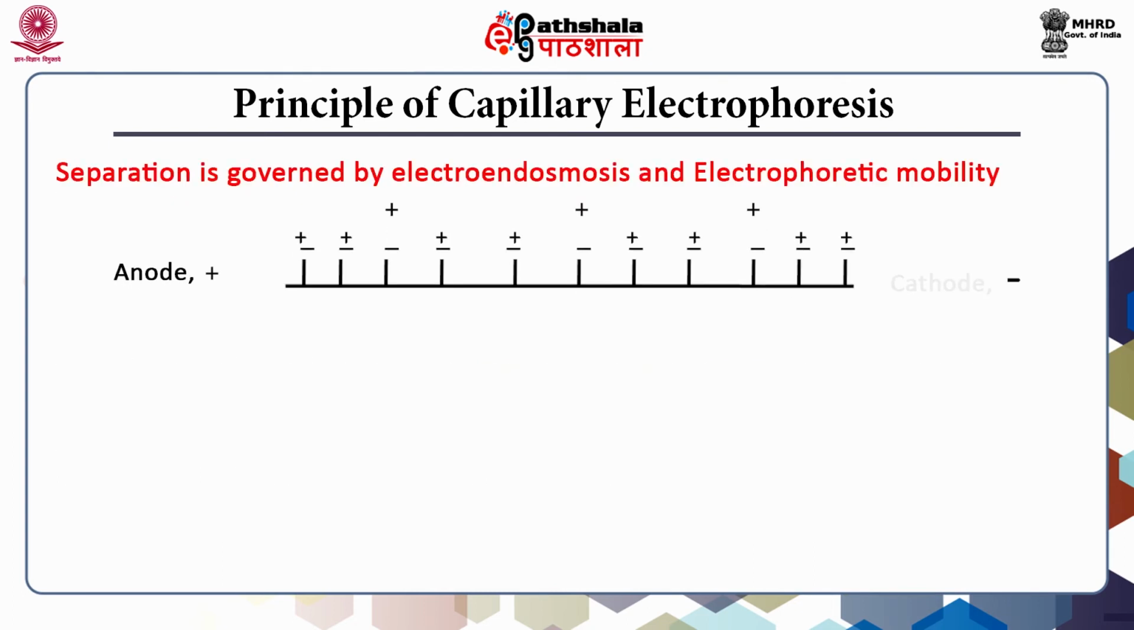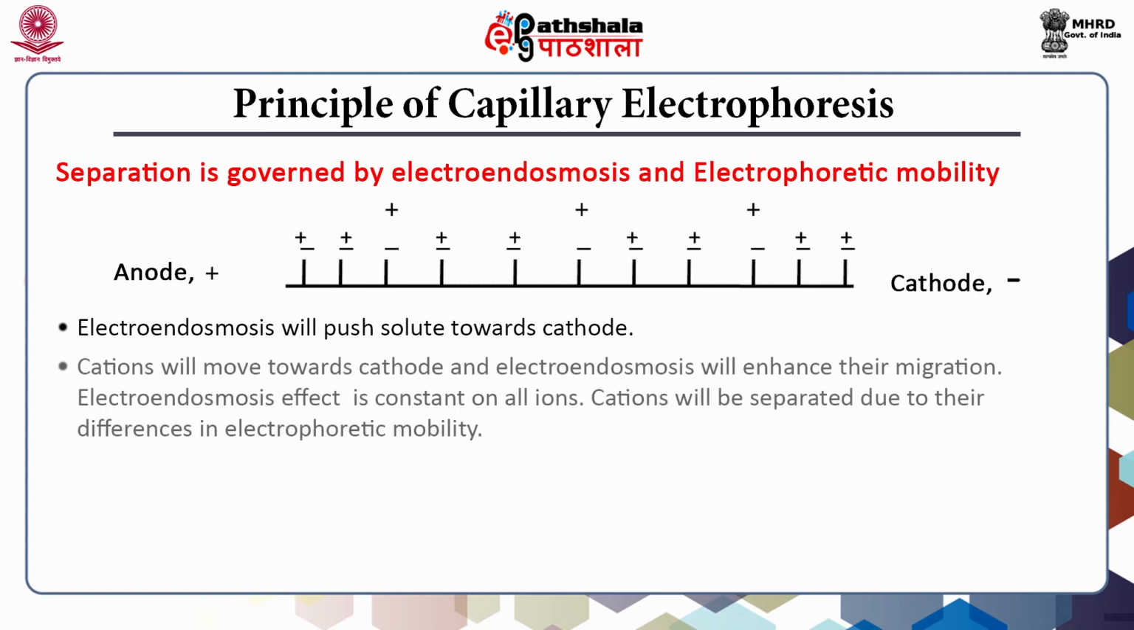In capillary electrophoresis, migration of ions is controlled by electroendosmosis and electrophoretic mobility. Electroendosmosis is responsible for fluid movement from anode to cathode and will carry anions, neutral molecules, and cations towards the cathode. Cations carry positive charge, and so under the electric field, these will move towards the cathode. Electroendosmosis and electrophoretic mobility of cations will act in the same direction, and cations will reach the cathode